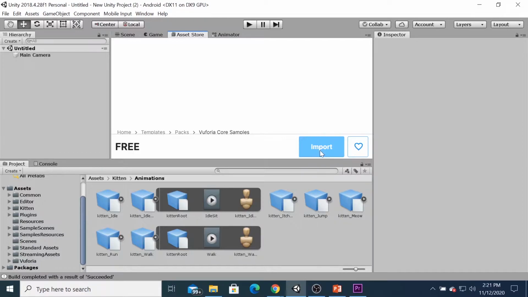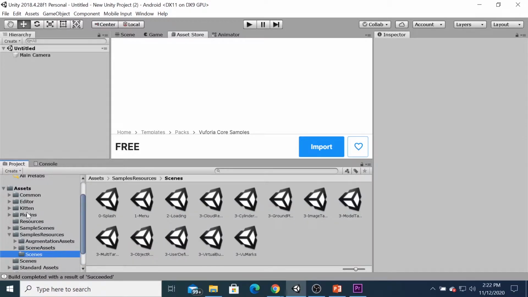Then you can import it. Once you import this Vuforia Core Sample, you can check through the asset store here. Then you can check the Vuforia Core under asset, and then select the sample resources, select scene.